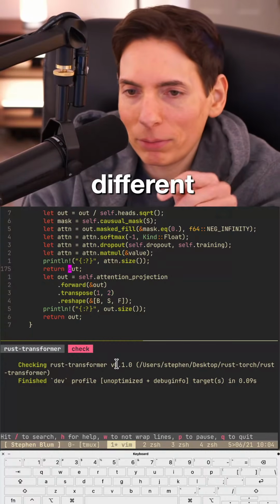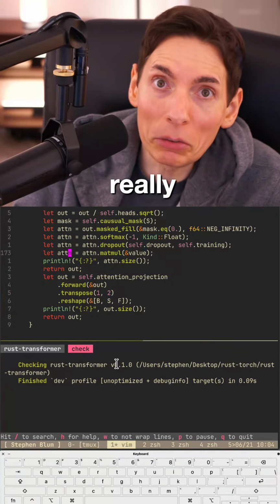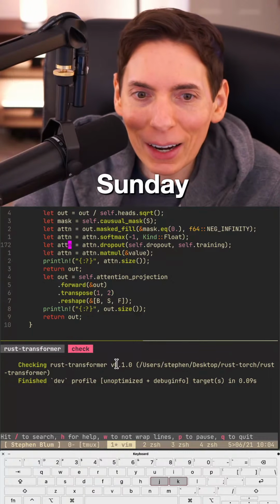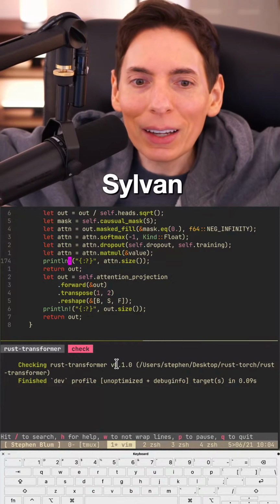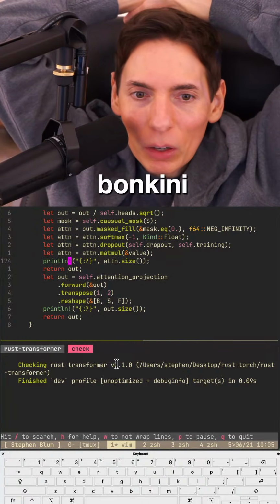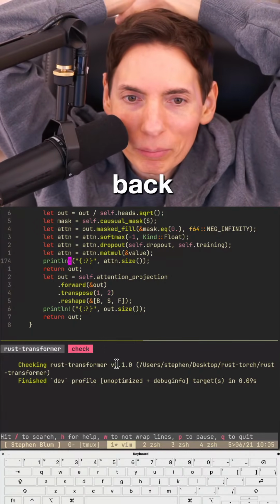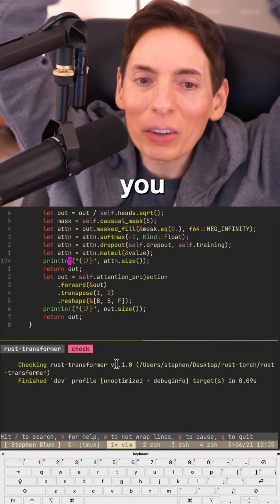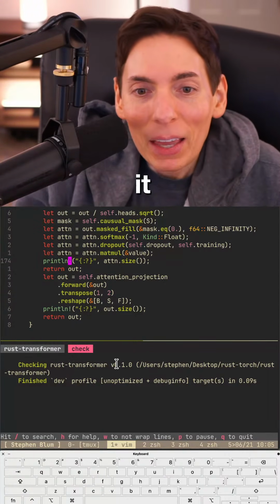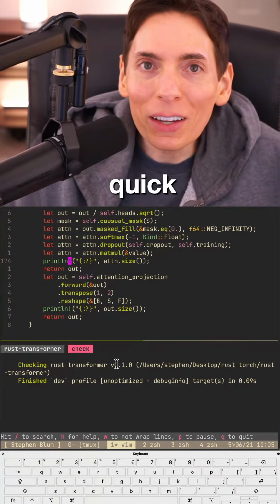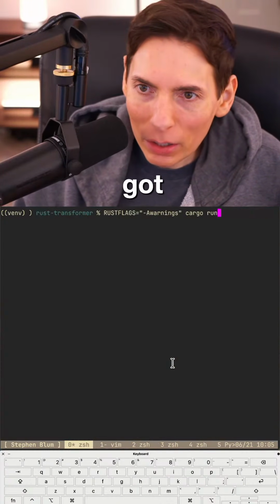Physics and AI are different. They're different things. They use the same terminology, though, which is really frustrating sometimes, I think. Happy Sunday. Thank you so much. Sylvan. Hey, Sylvan. Thank you again. Yep, Sylvankini. Wait, Sylvakani. I always have to figure out how to say your name there. Just making a joke, Bob Paul. Oh, well, you know what? Good job. You did it. It worked. Congratulations, Quick Fix. Good job. You did it. That's great to hear. You got it to work.